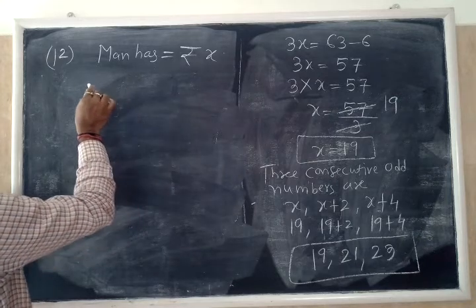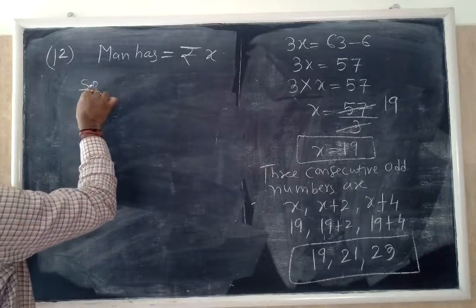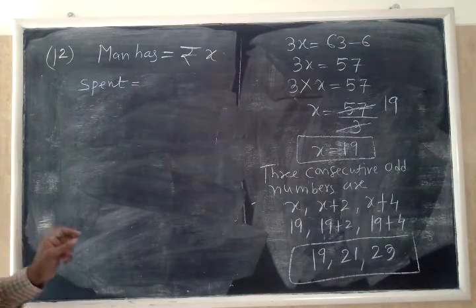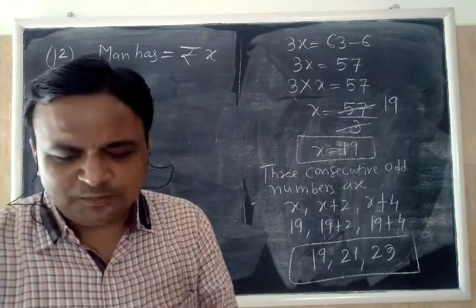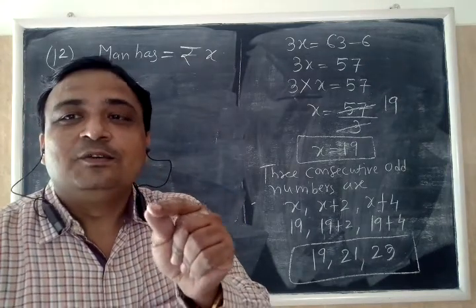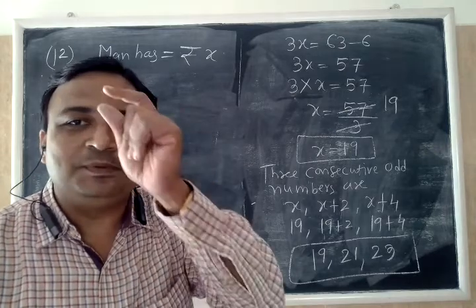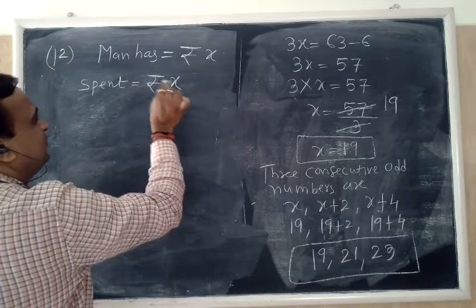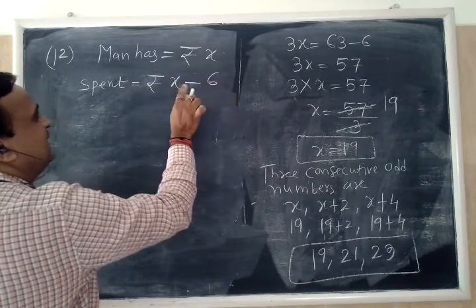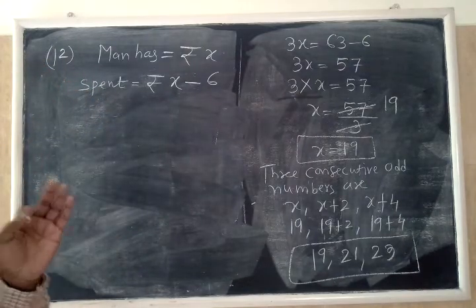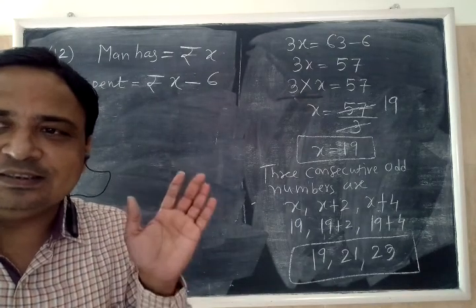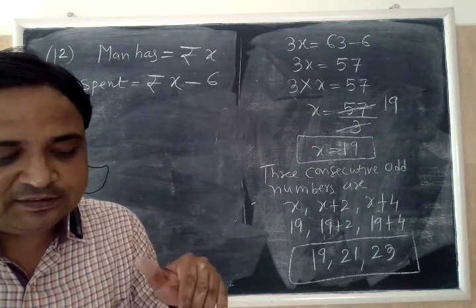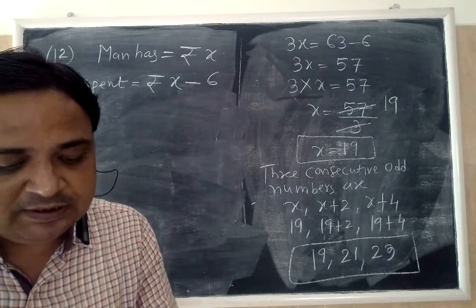How much money is spent? Not 6 rupees, my dear, it is X minus 6. From X rupees, he spent 6 rupees, so that will be X minus 6. Spend means minus. Is it clear, my dear? So how much rupees is he spending? 6. X minus 6. If twice of the money is left with him,